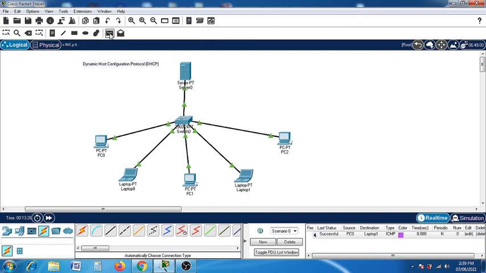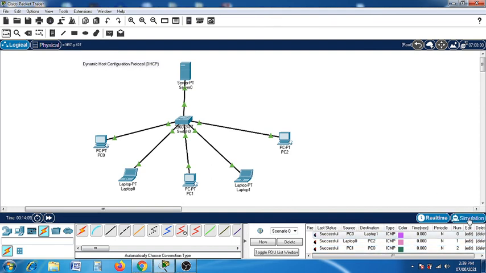I will check another thing. I will take the second PDU, put it on laptop 0 and send it to PC 2. That scenario is also successful. I will take a third message from PC 1 and send it to PC 0. So I have dropped three messages from one system to another. Look at the scenarios in the bottom right corner: PC 0 to laptop 1, then laptop 0 to PC 2 with the message in this color, and PC 1 to PC 0. Okay, scenarios we have created, so all set.